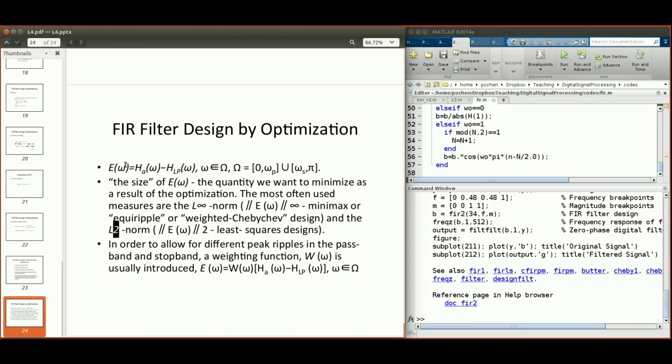L2 comes from the square. You have to square the error function and then do a summation. That's called the L2 norm. And then you minimize that L2 norm, and this technique is called least squares design, right? And Matlab actually provides you a collection of functions for implementing both kinds of approaches, right? And of course,